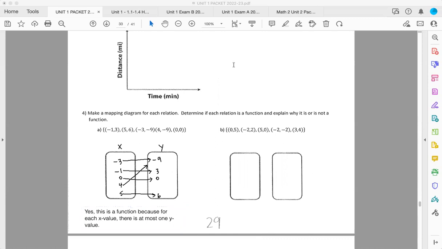And then we can try b here, same idea real quick. I'm just going to put them not in order. It's fine. Either way is fine. -2, 2, 5, 0, -2, -2. Just be careful. So again, I don't want to write -2 twice in the x values, so I write it once, and then 3, 4. So 0, 5, -2, 2, 5, 0,